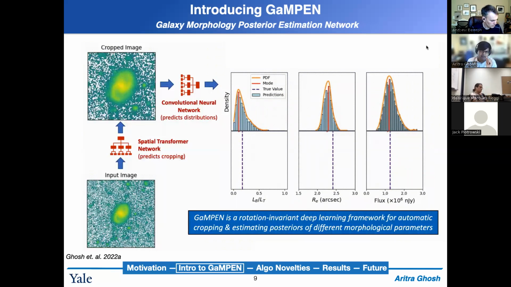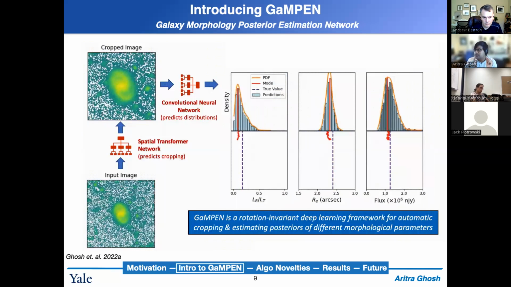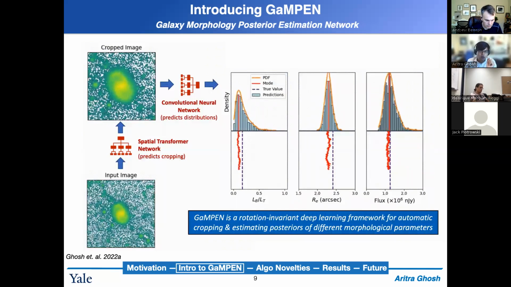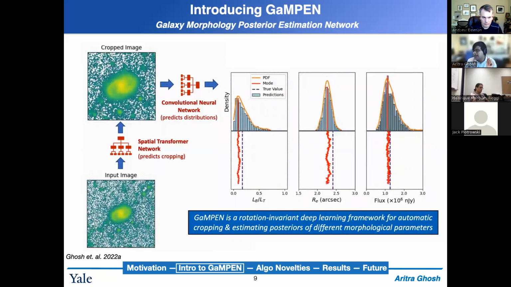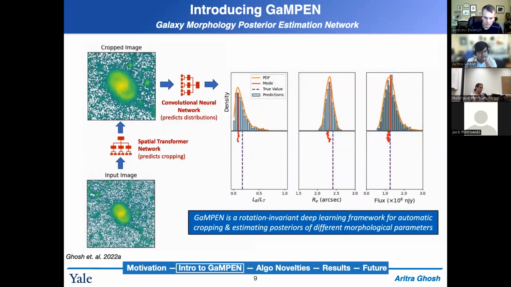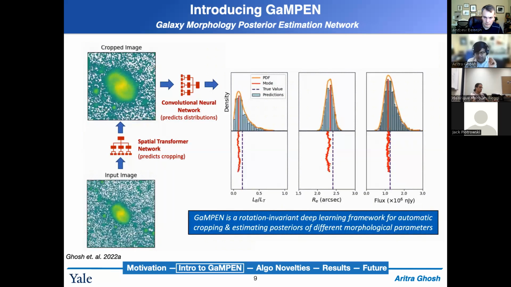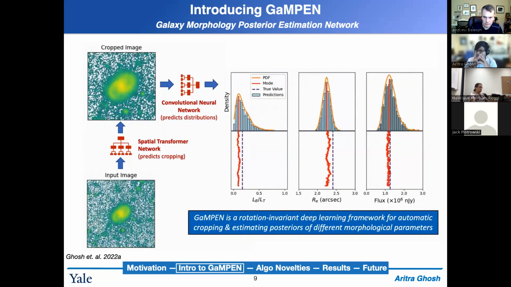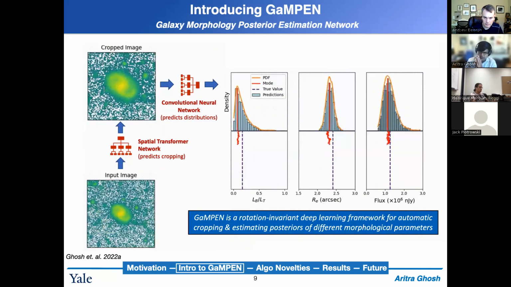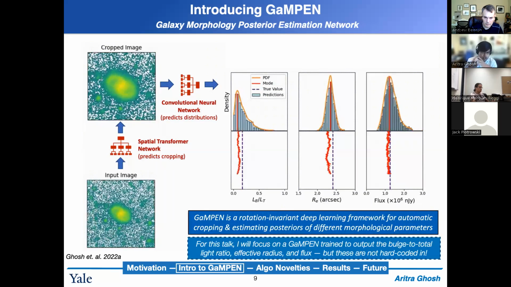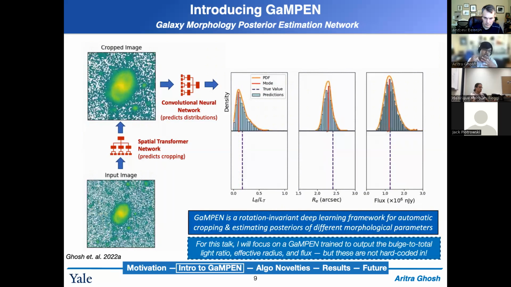I will rotate these galaxies and show you the output. As you can see, the red line traces out by how much the mode of the predicted distributions varies. Even when the galaxies rotate, the predictions are fairly stable. So essentially, they are pretty stable to different kinds of rotations. And as I already said, I will talk about these specific 3 parameters, but these are not hard-coded into the